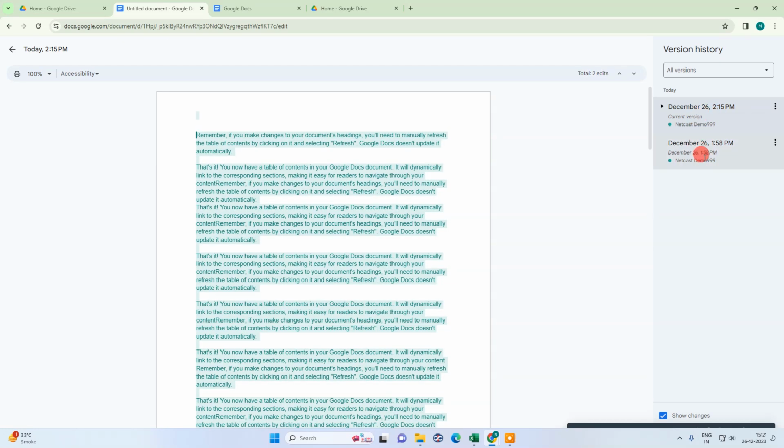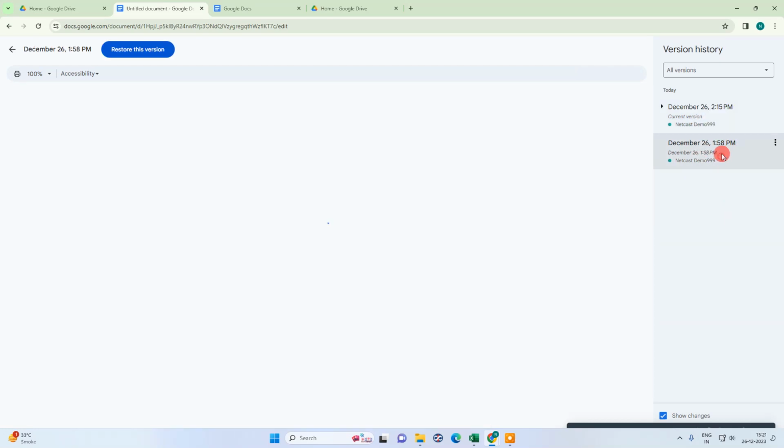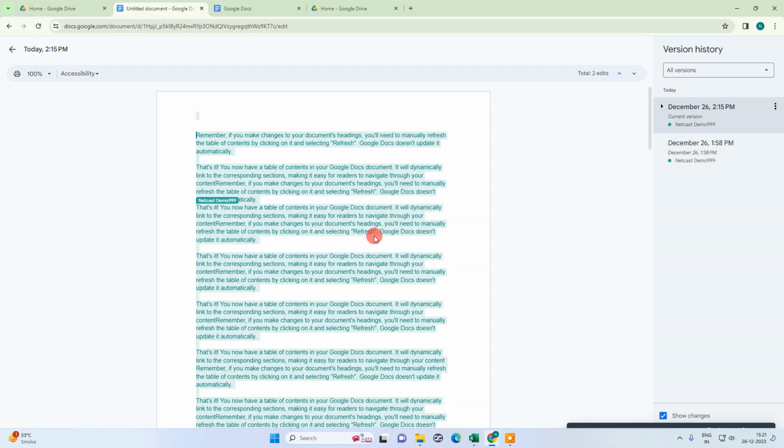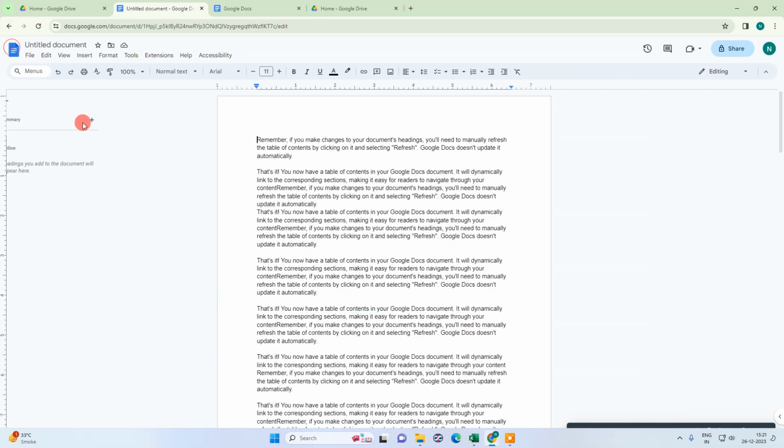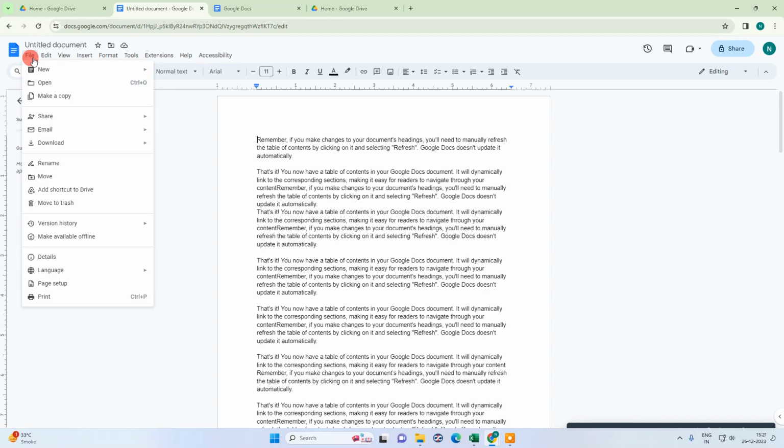Okay, so if you want to delete this version history, let me tell you guys, till now there is no option to delete version history, but there is one trick you can use to avoid your version history. Okay, what you need to do, just come to this file, go to the file option, and go to the,